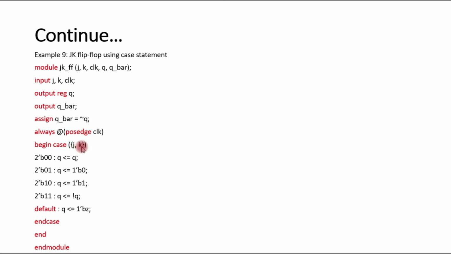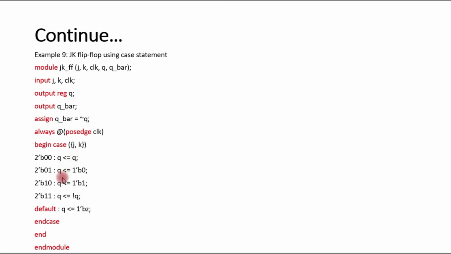So in case of JK flip-flop, when JK terminals are 0 0, then output will be unchanged. The current output will be the previous output. In case of 0 1, the output will be at logic 0. In case of 1 0, the output will be at logic 1. In case of 1 1, the current output will be the NOT operation of last output, that is logical NOT operation of Q, that is the last previous output.